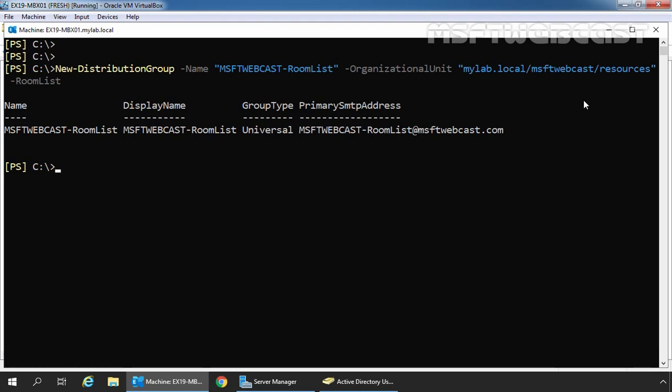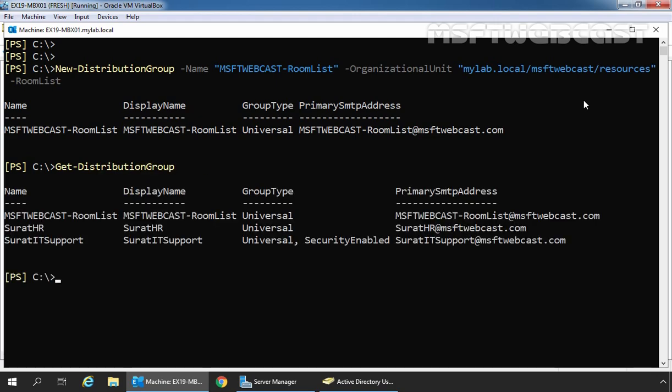Let's verify that the room list is created successfully using the cmdlet Get-DistributionGroup. Perfect. Here we can verify our room list name, MSFT Webcast-room list. Let's get more detailed information about our room list by running the command Get-DistributionGroup and specifying the name of our room list, which is MSFT Webcast-room list, then Format-List.